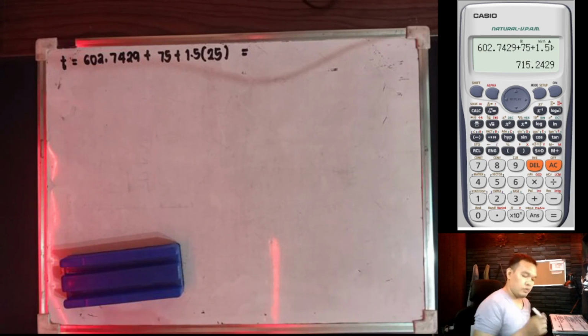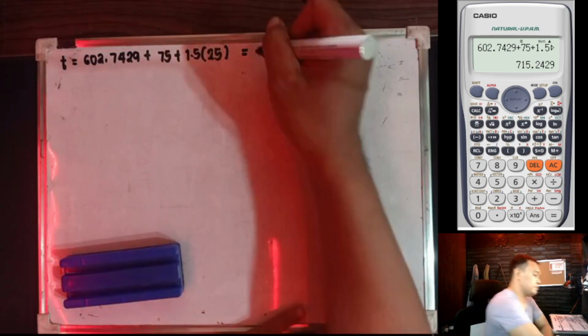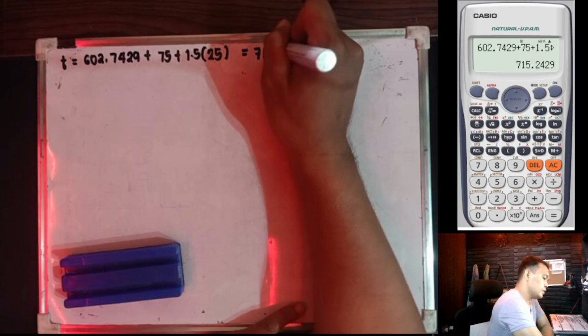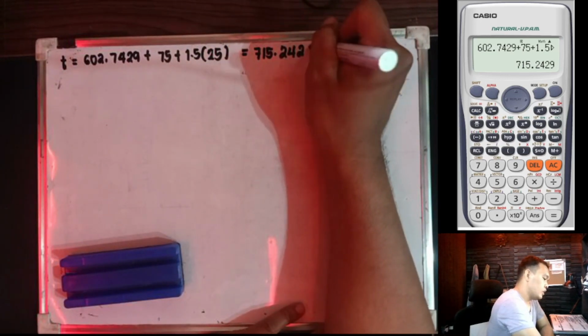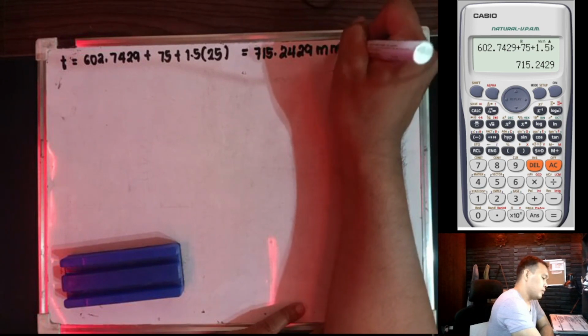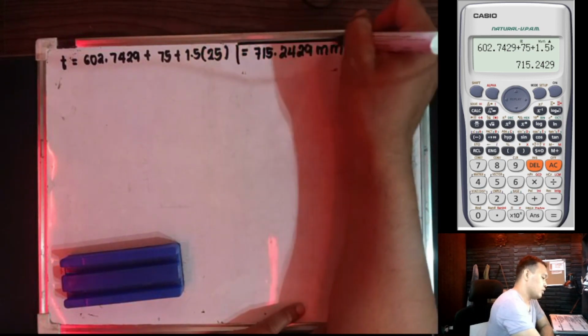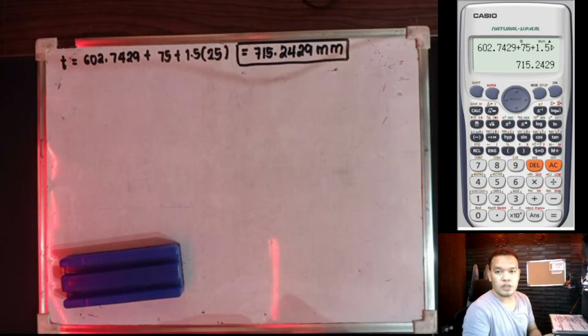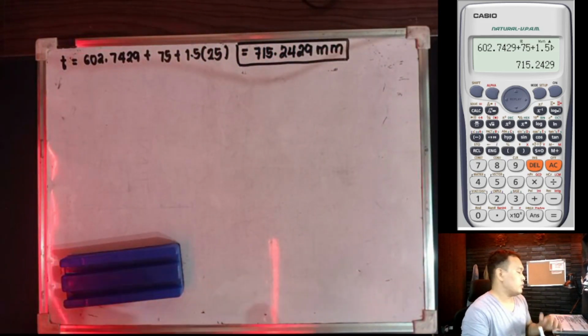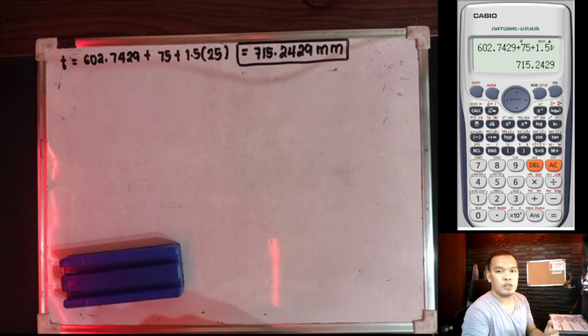So we have here equivalent to 715.2429 mm. So this will be the dimension of the thickness of our footing. Okay? So after nating ma-check yung area at saka yung actual dimension ng footing and the thickness, we could proceed to the next step, which is